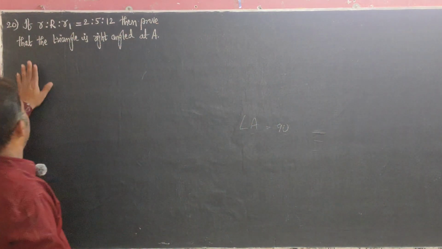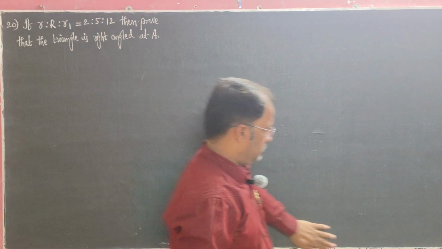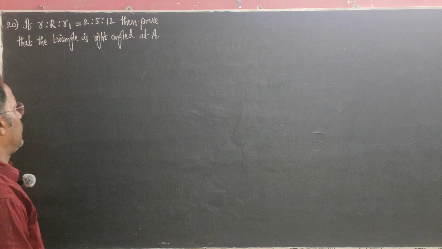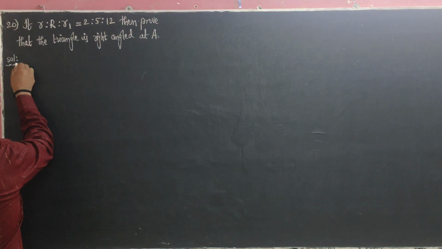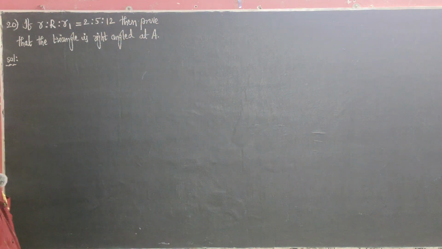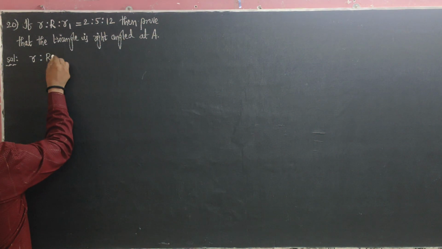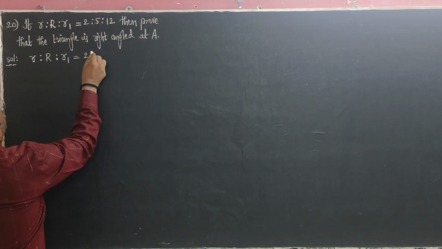Right? राइट एंगल ट्रायंगल एट ए बोल के प्रूव करना बोले तो आंसर क्या आना अपने को? कैपिटल ए एंगल इज 90 डिग्री. ओके राइट. कैपिटल ए एंगल इज 90 डिग्री प्रूव कर दिए तो राइट एंगल्ड ट्रायंगल एट ए बोल के आंसर आ जाता. ओके राइट. So first, given is small r, capital R, small r1 in the ratio